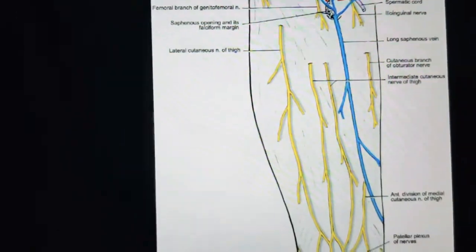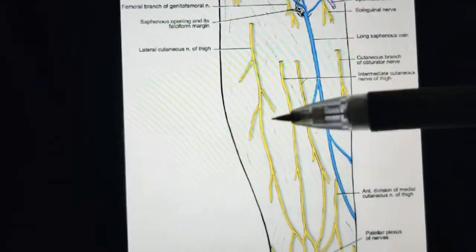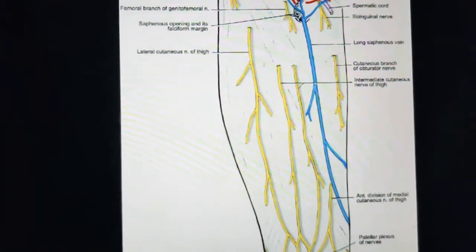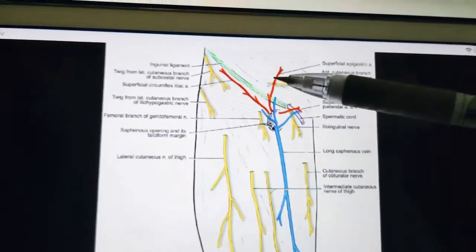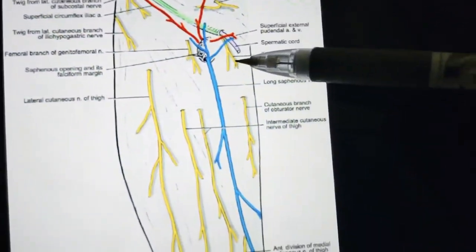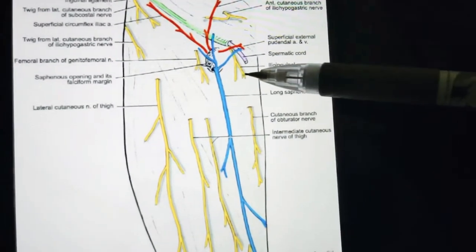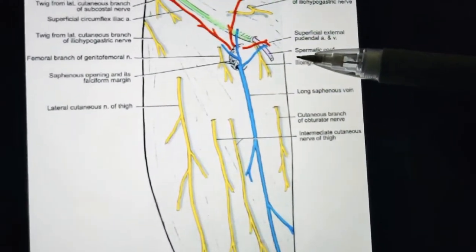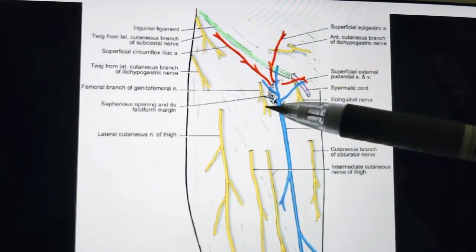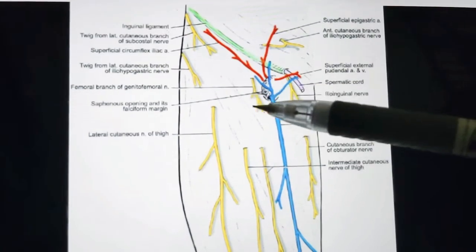Okay. And next coming to the intermediate cutaneous nerve. Of course according to the name, the lateral one is lateral most and next comes intermediate in the middle. So the intermediate cutaneous nerve of thigh, its root value is L2 and L3. How to remember root values is also very simple, according to the order. The first nerve we discussed is the ilioinguinal nerve, you can see here, this one. Its root value is L1. And after that we discussed the femoral branch of genitofemoral nerve. So in order, first L1, next L1, L2.